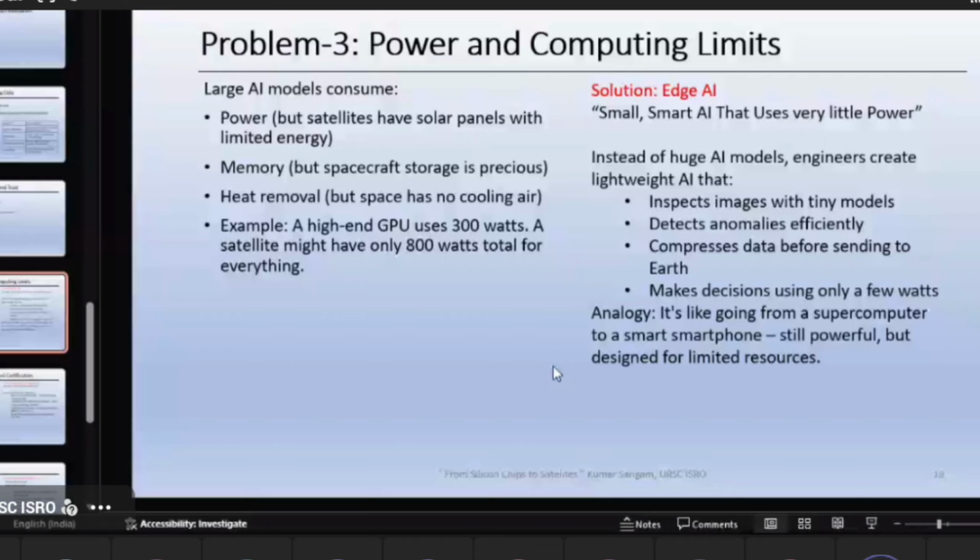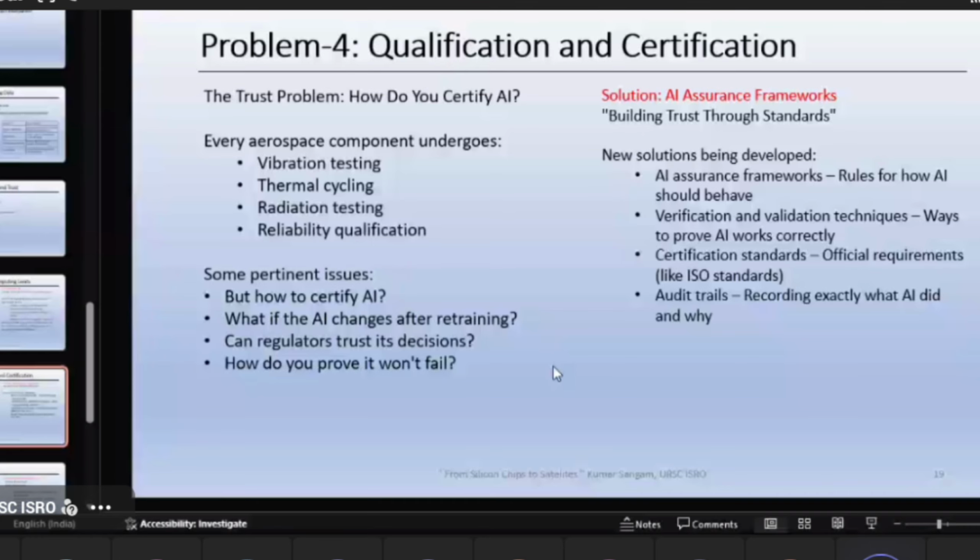Another thing that defines this domain is qualification and certification. Everything that goes into space has to pass all the reliability parameters, not only on the product itself but on the process also. That qualification and certification requires time, money, effort, and it has to pass through many standards.